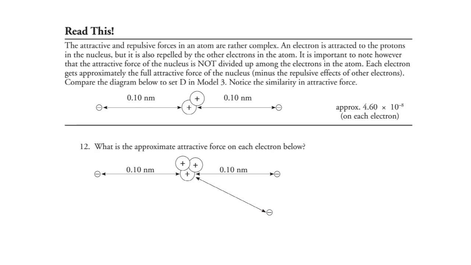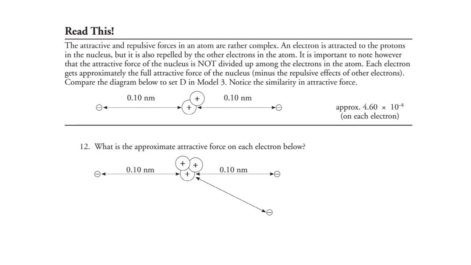All right, and so to read this here kind of confirms what we thought for that last one. Just notice here that the force is not divided up amongst the electrons in the atom. So here with problem number 12, we see that the distance matches model 3. There's 3 protons in the middle. So the approximate attractive force on all of these is going to match what it was in model 3, which